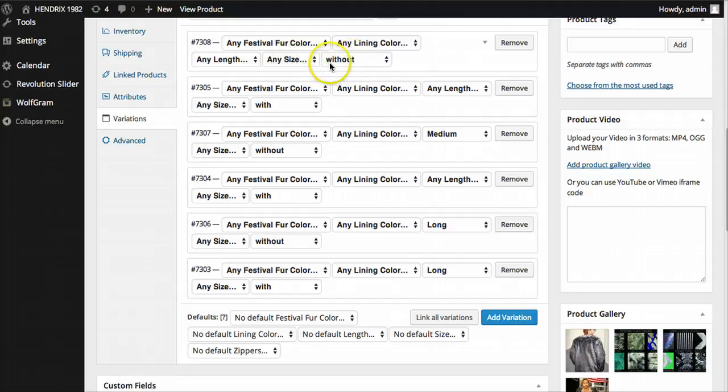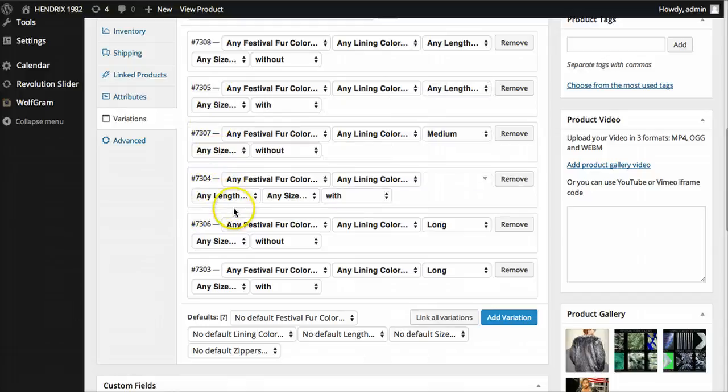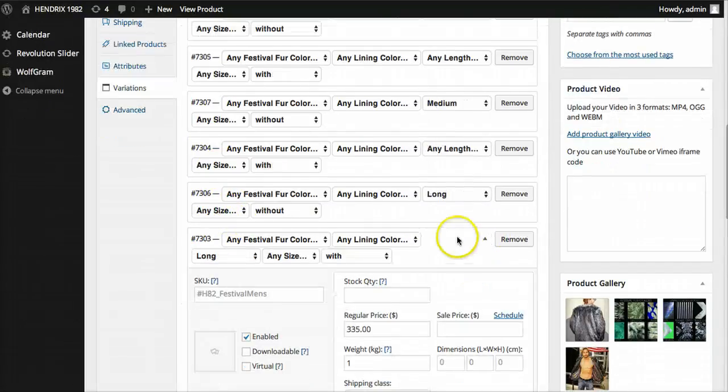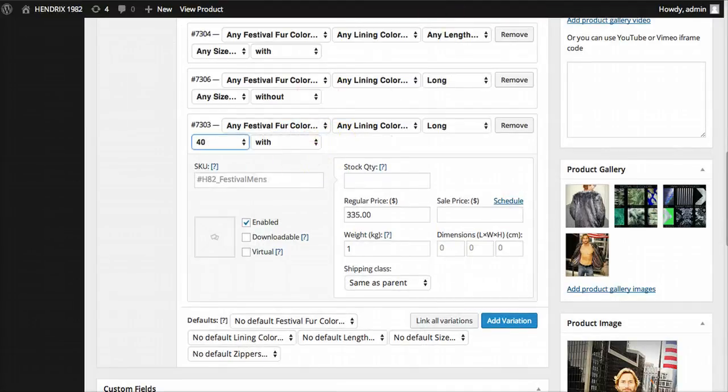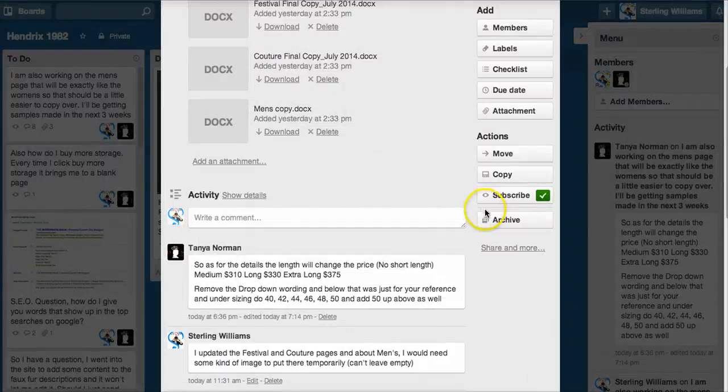So if you want to just adjust the size of, say, the size. Okay, so for the 40,